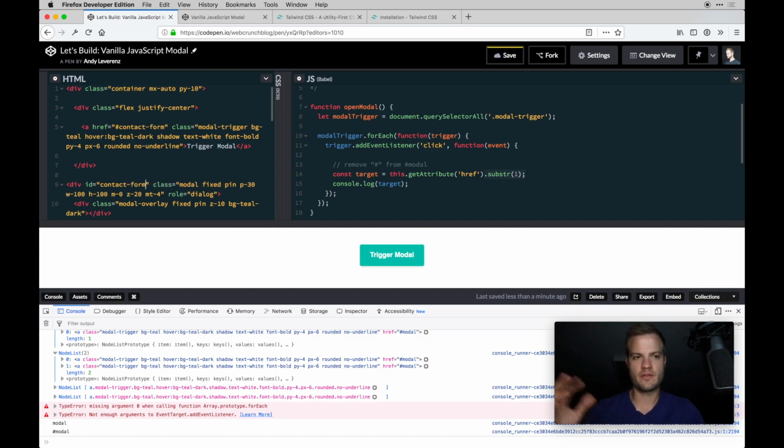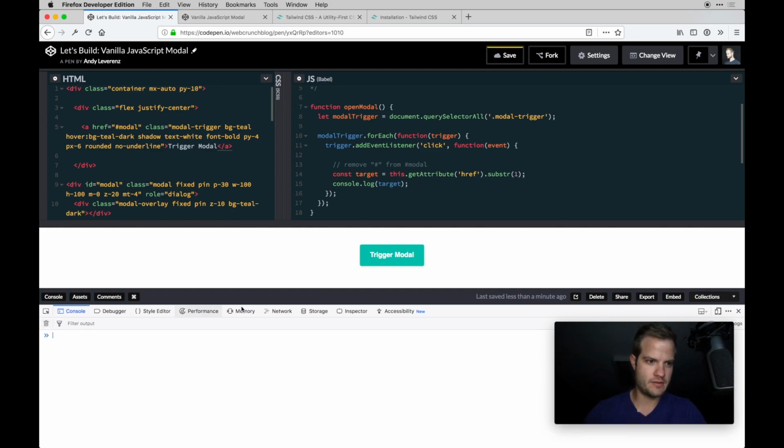So those things, they correlate, and they must be the same for this to work. For our sake, I'll just use modal, because I'll use it as a global component, perhaps. I'm going to clear my console. Okay, so now that we have that in memory, we need to find a way to essentially